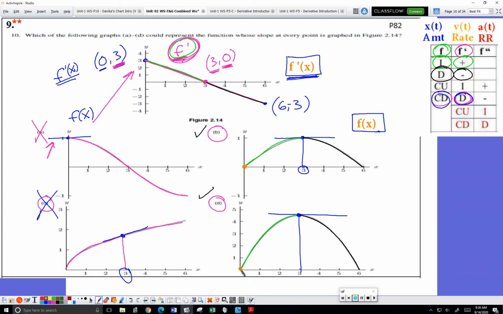This graph of f, if I look at the tangent slope here, I see the y-coordinate here. If I see the tangent slope here on f, I see the y-coordinate here. So tangent slope here,